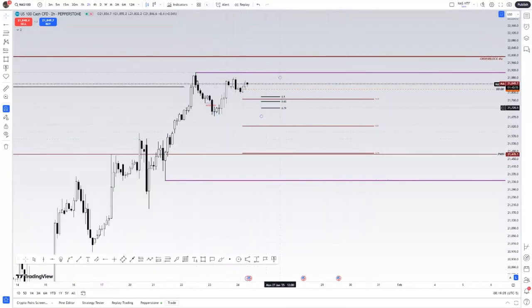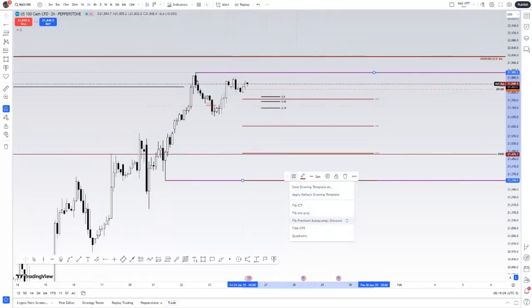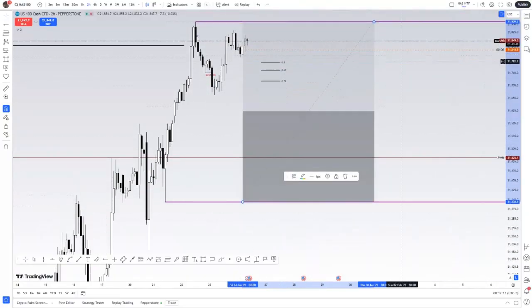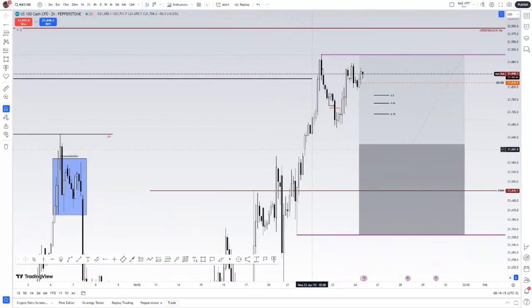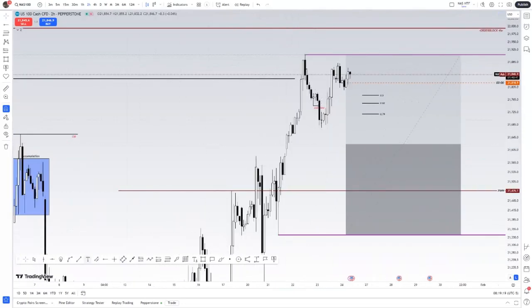This is the most recent dealing range. So you can do it in quadrants. You know equilibrium is, right? This is where price is trading at right now at the moment. And as you can see, we have a volume imbalance down here. So price is probably going to want to come back to fill this,